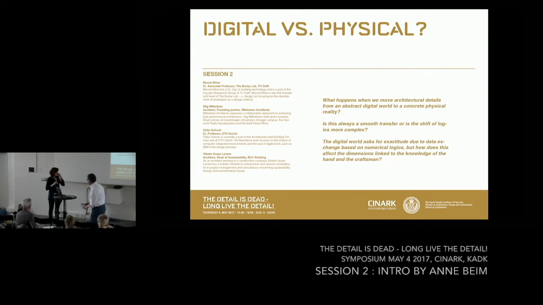I now have the pleasure to introduce this second session, which we call the digital versus the physical. Actually, when we started out with this title, it was the binary code. And we sent it out just among colleagues, and no one understood what was the point of it. So we changed it into the digital, which is not wrong, but it's maybe a little bit on the side of what we really want to talk about, because it's also what we spoke about just in the previous session.